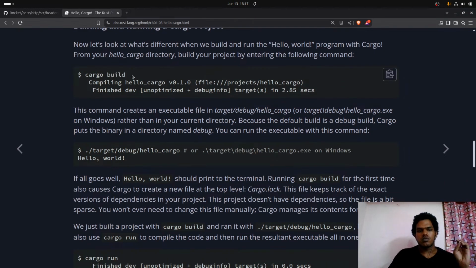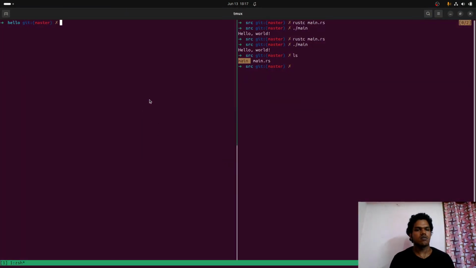Now we are inside of this hello project, so it's a cargo project, and we have source, Cargo.lock and Cargo.toml file. So if we run cargo build,